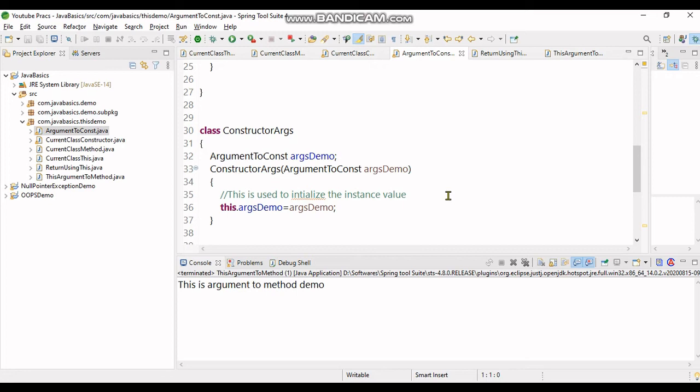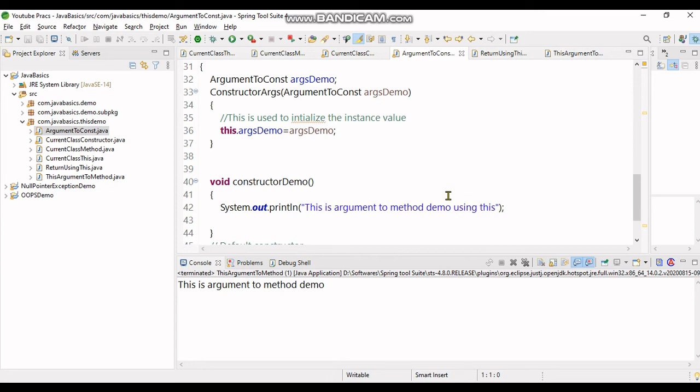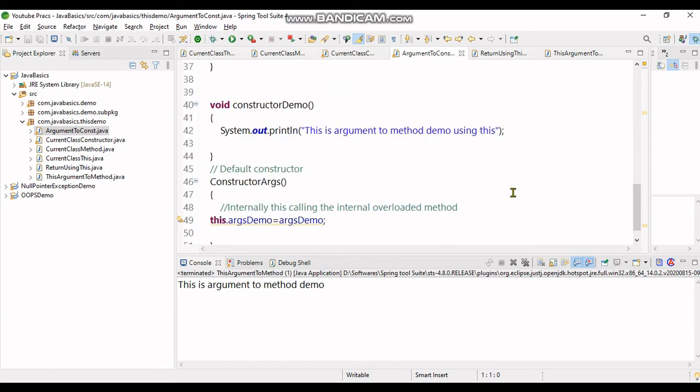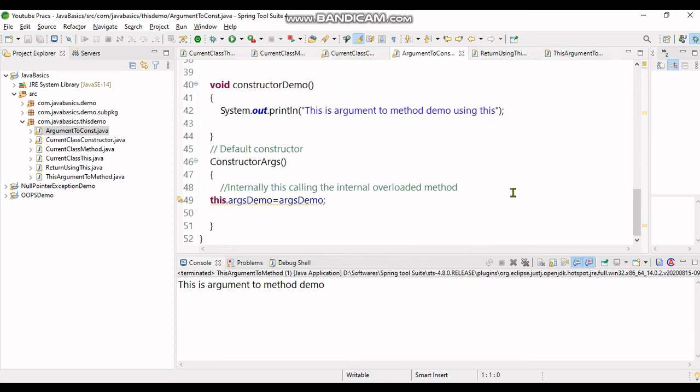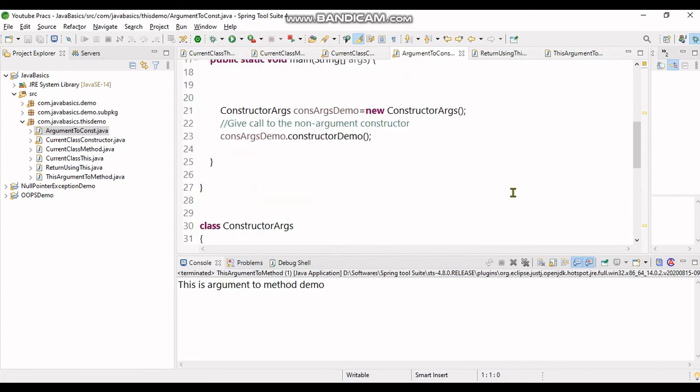So using this, I initialize the instance value of that class. I also created another method constructor demo, and a default constructor.